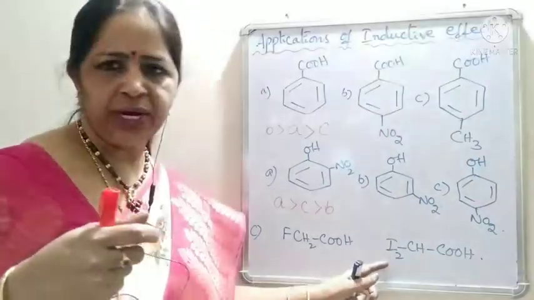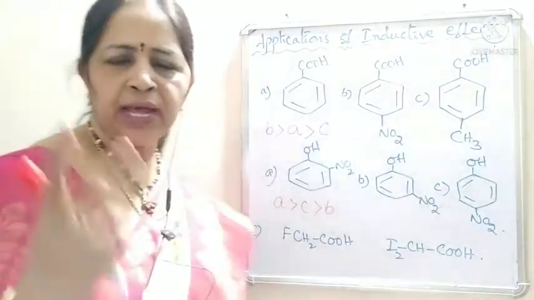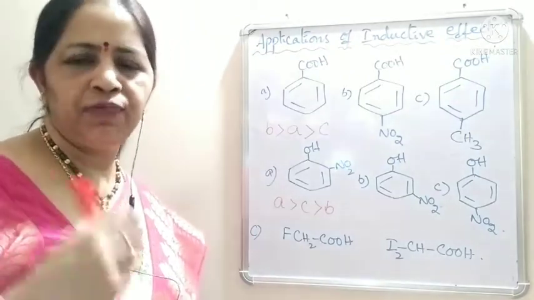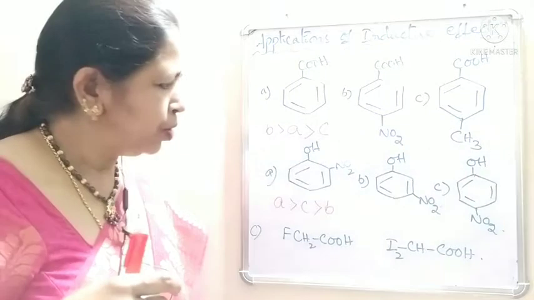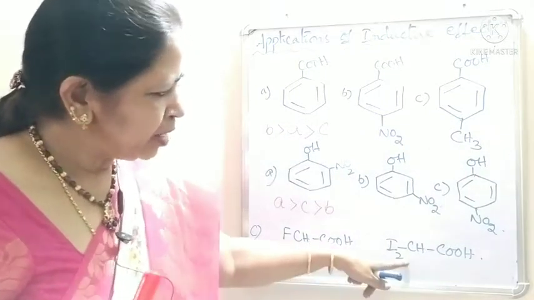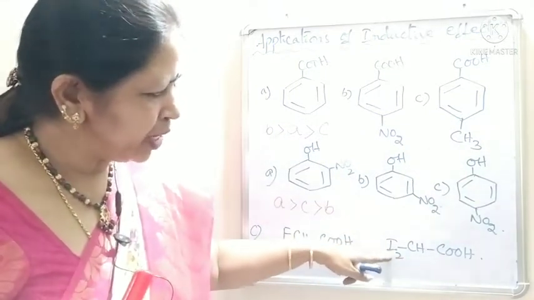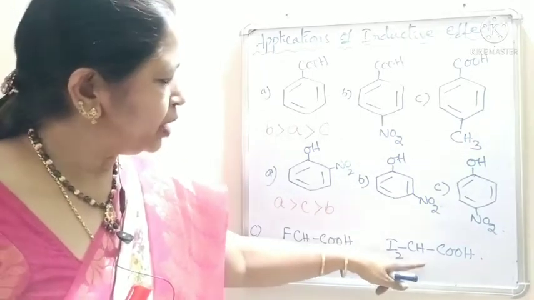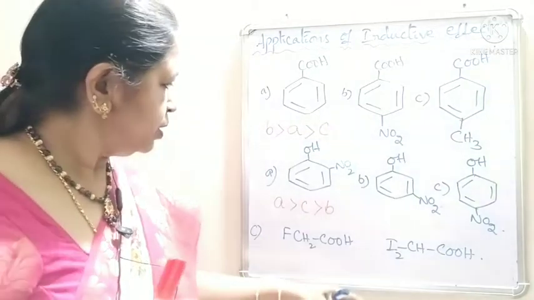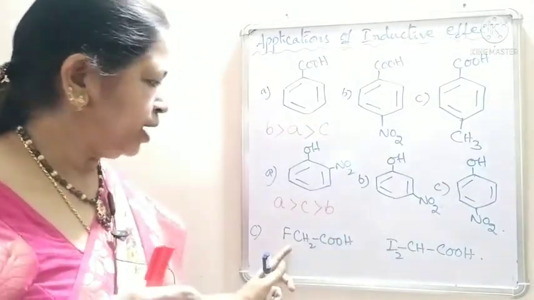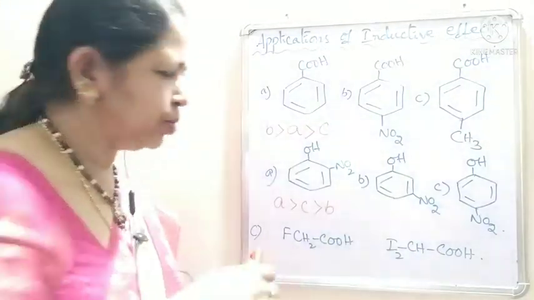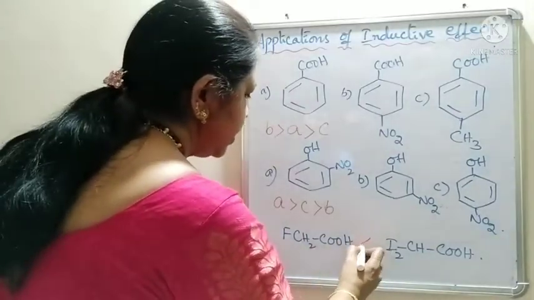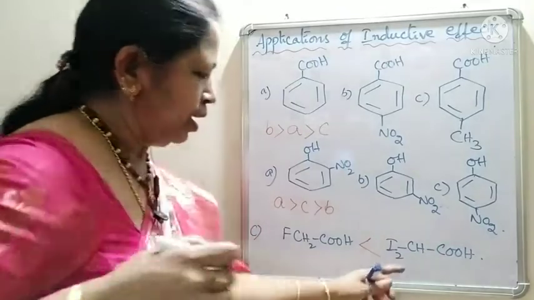there are two iodine atoms. Any two halogens are more effective than even fluorine. So, the electron density moves towards the iodine atoms in this alpha diiodoethanoic acid more strongly than in alpha fluoroethanoic acid. So, alpha fluoroethanoic acid is less acidic than alpha